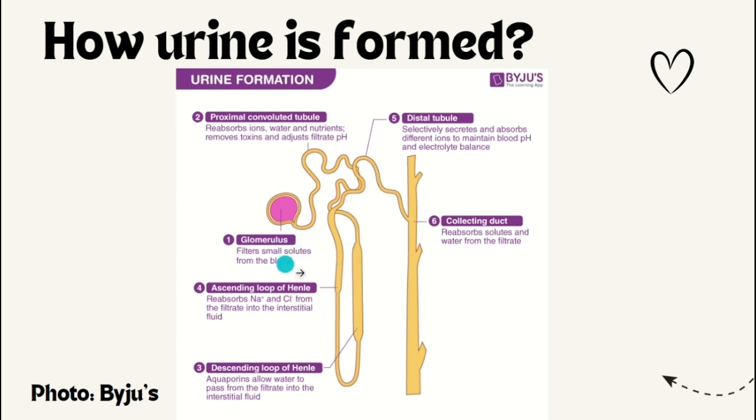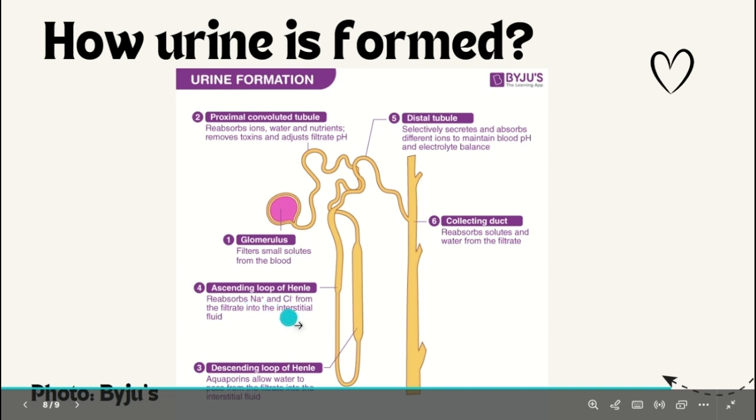So it's basically a filtering process. Filter out the small solutes, then reabsorb the ions, water, nutrients, remove the toxins, adjust the filtrate pH. Then in 3, you have the descending loop of Henle, right? So descending loop of Henle,